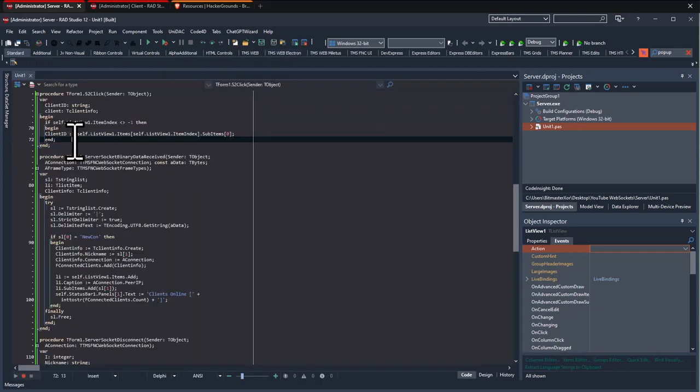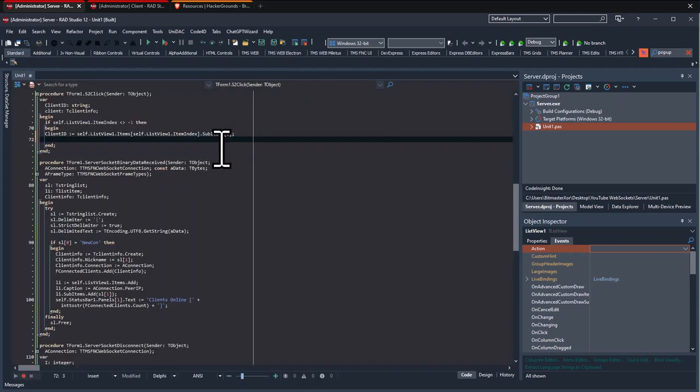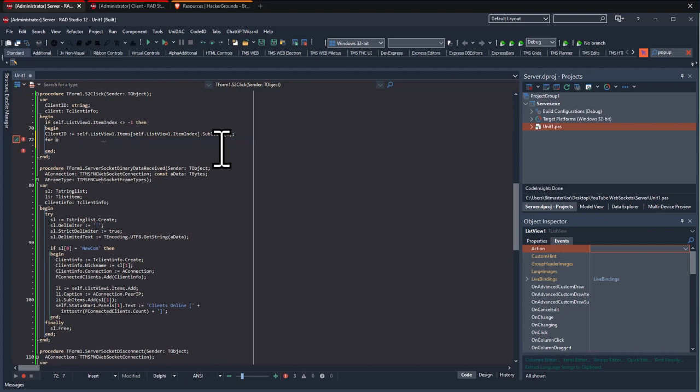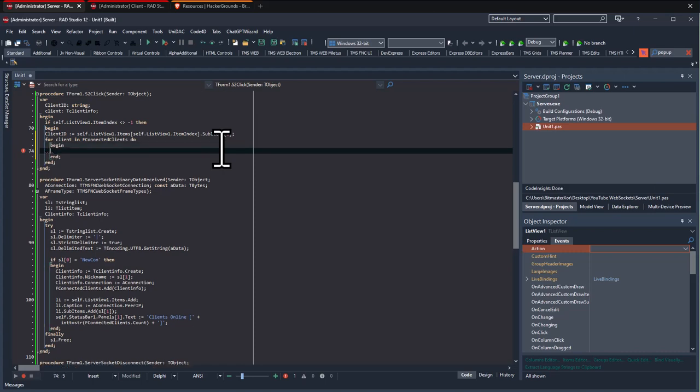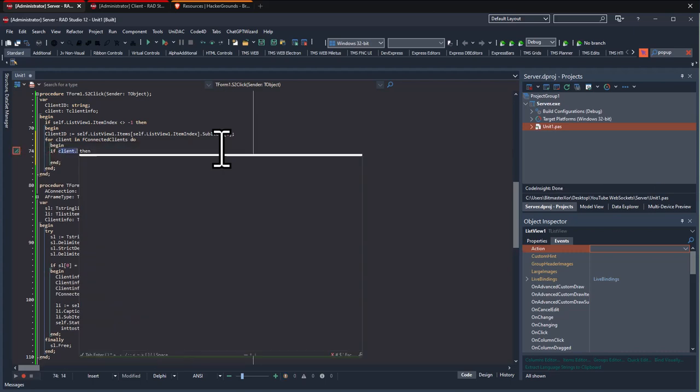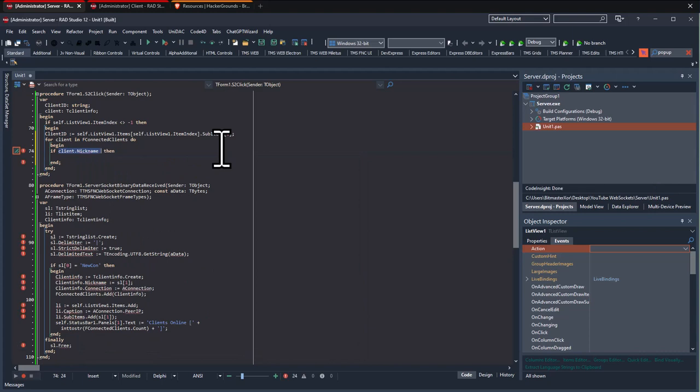Really simple stuff, okay? So now then, we have a lock on the client via their name. We need to be able to loop through our clients, find that client, and send only to that person, that client, okay? So for each client, we're going to go for client in FConnectedClients do begin, and then we're going to say if client.nickname is equivalent to client ID, then